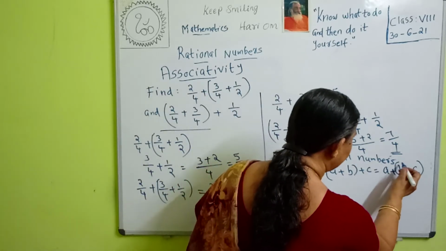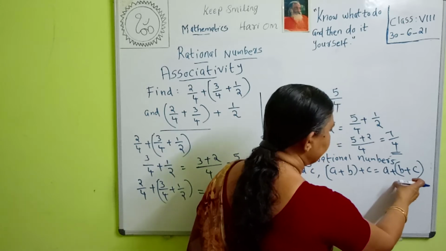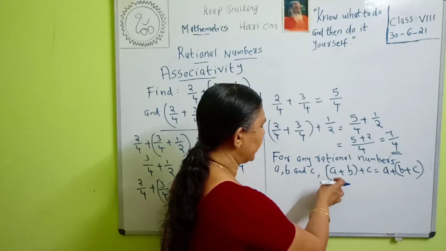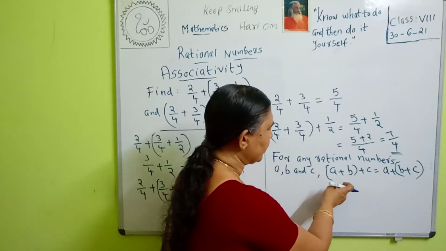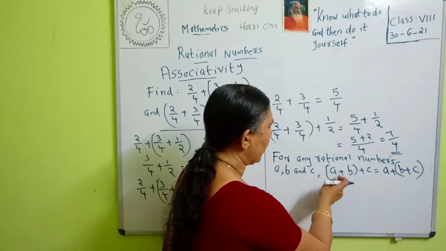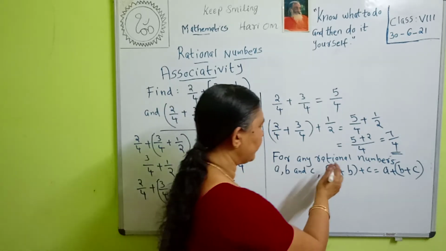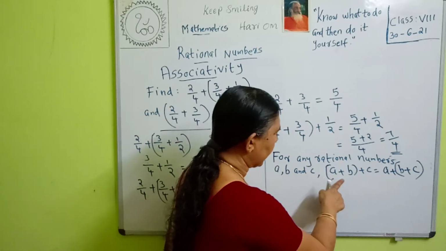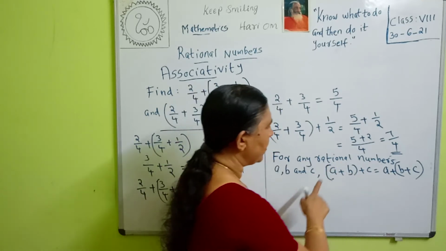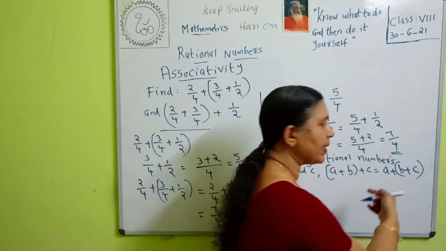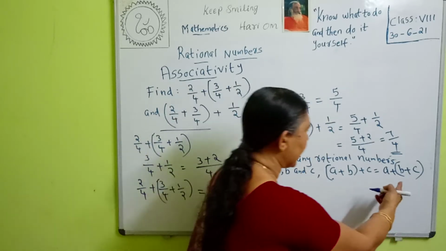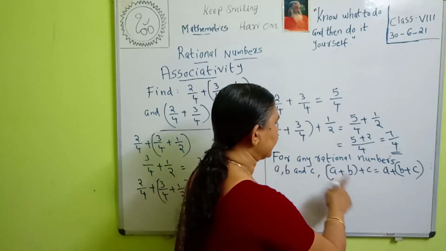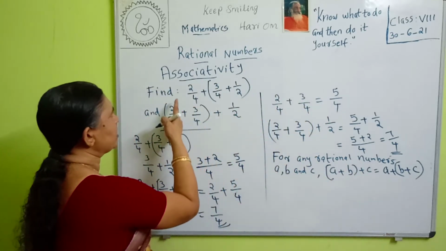If the numbers are in brackets, first you do the addition in the bracket. Here, first you do the addition in the bracket, that is a plus b. So Mitra, what is (a + b) + c? If a plus b is in brackets, what do you mean? First you do this sum, a plus b, and then add the answer with c. Then if b plus c is in brackets, what do you do first? First we add b plus c and then we add the answer with a. Then the answer remains the same. This property is called the associative property.